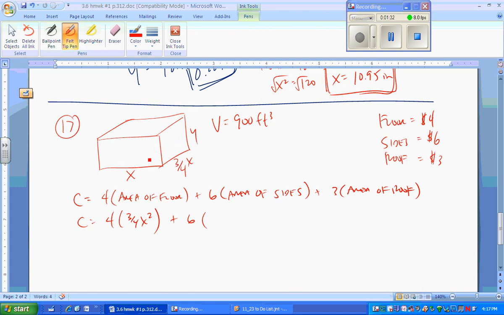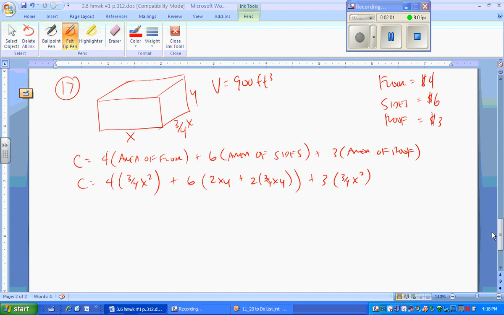Well, sides, we're going to have two sides that are x times y plus two sides that are 3/4 x times y. Plus 3 times the area of the roof. Well, the roof is just going to be x times 3/4 x, kind of like the floor was, 3/4 x squared. So we can do a little simplifying,